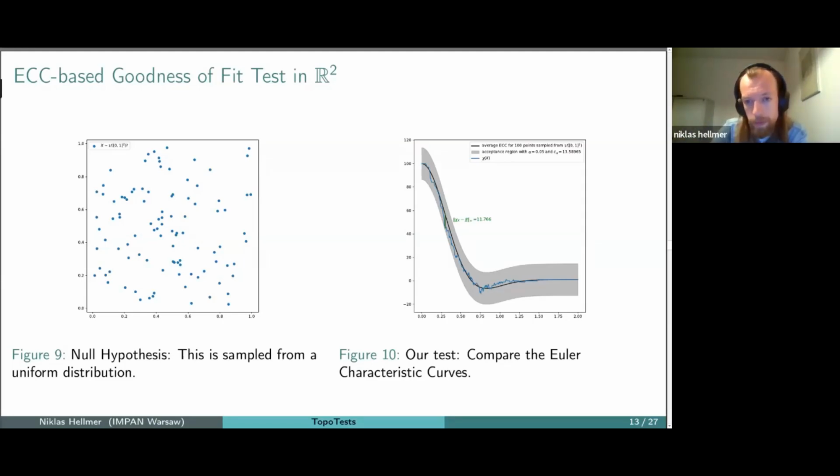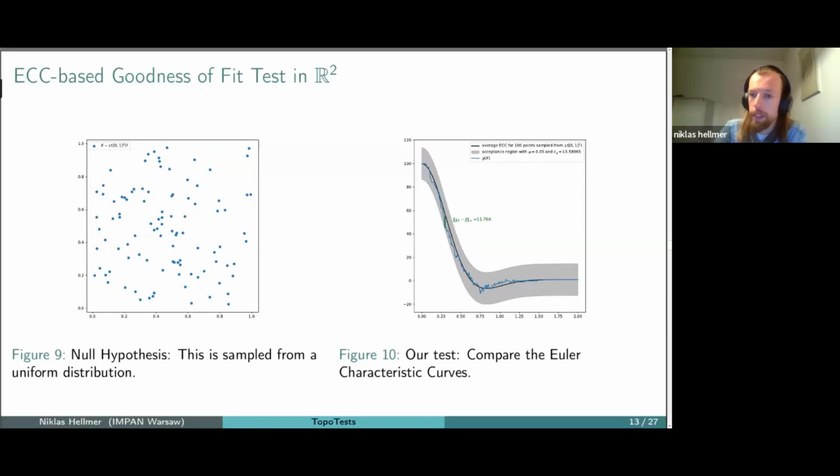I compute this threshold C alpha, and you can nicely visualize this as having a band of width C alpha around your expected ECC. So if the ECC of the sample you want to test stays within this gray region, you don't have evidence to reject this. And under the null hypothesis,